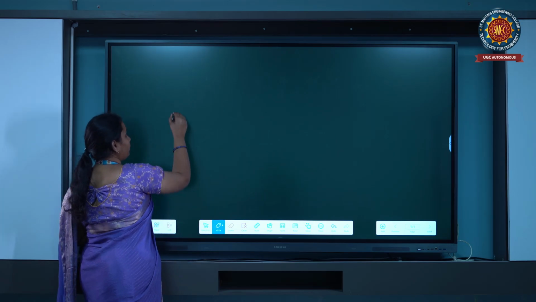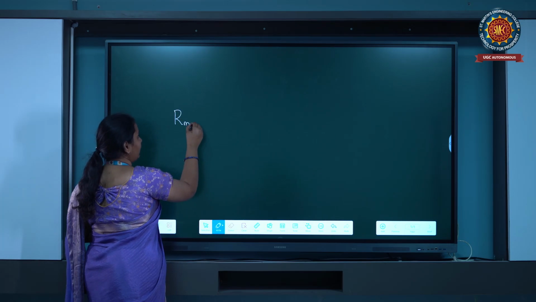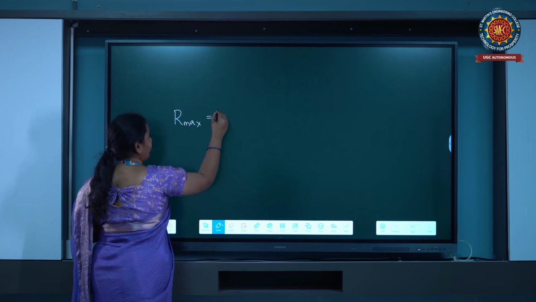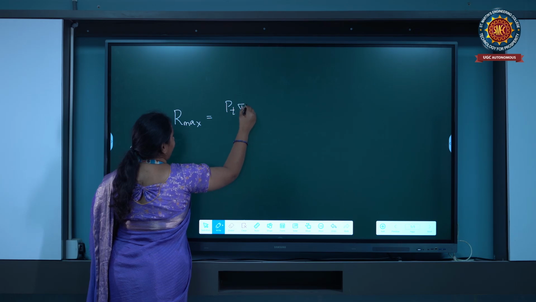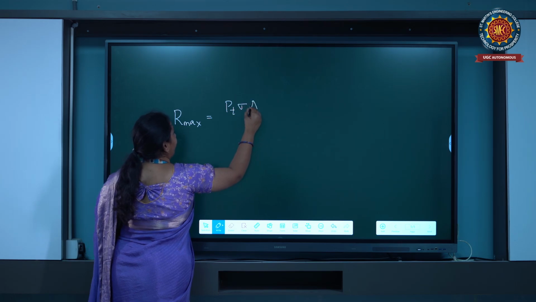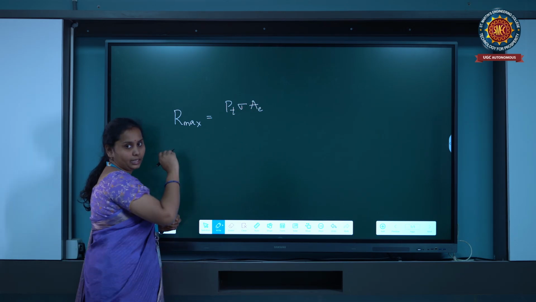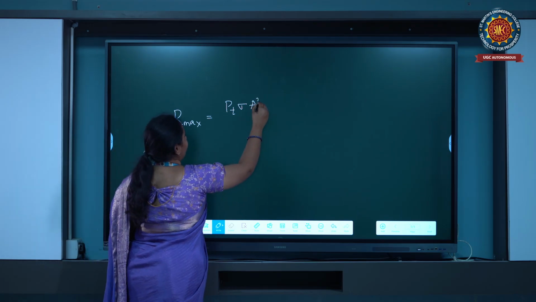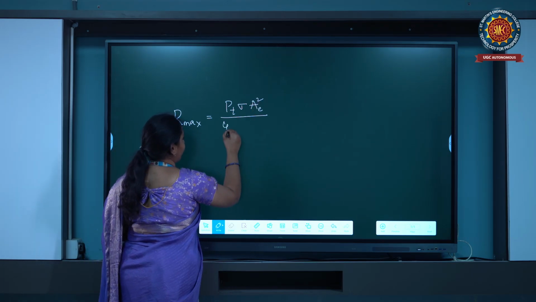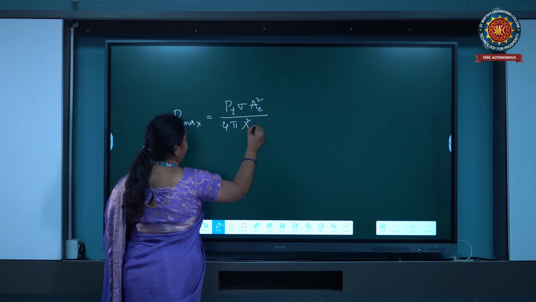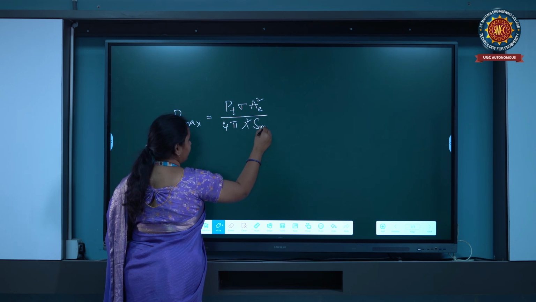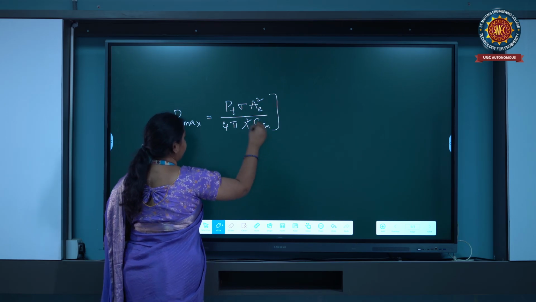So the simple form of radar range equation is R max is equal to the fourth root of power transmitted, cross-sectional area, effective area of radar, divided by 4 pi, wavelength squared and minimum detectable signal.